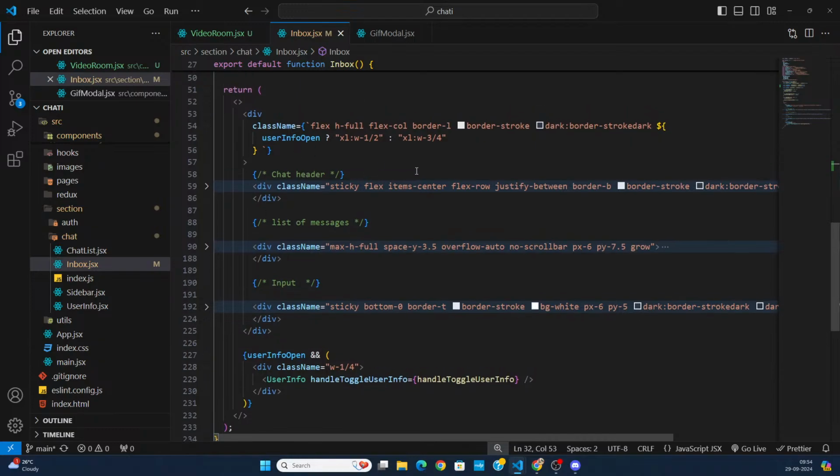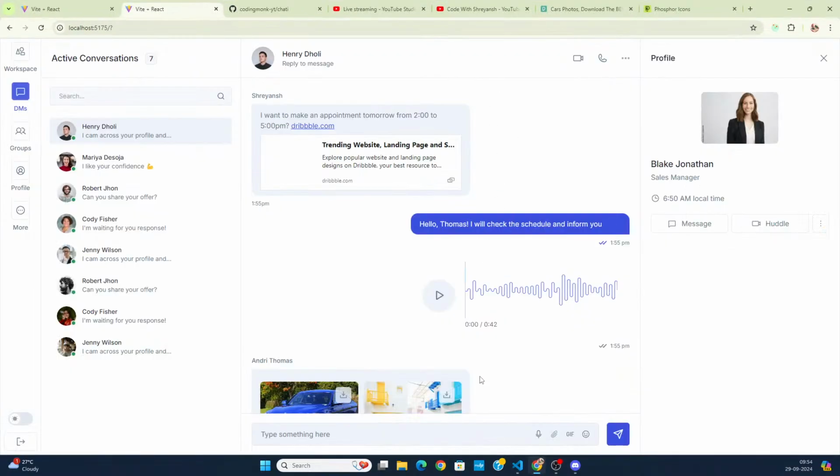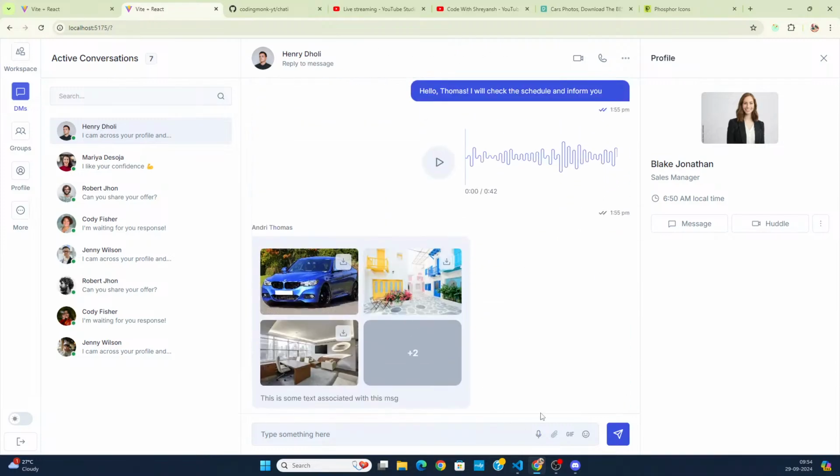The first thing is chat header. At the top we have got the chat header, then all the messages list and the input. Let me show you on the screen. So here, this is the inbox component that we are talking about. At the top, we have the header part, then we have the messages list, and at the bottom, we have our input. I want to make some changes inside the header,